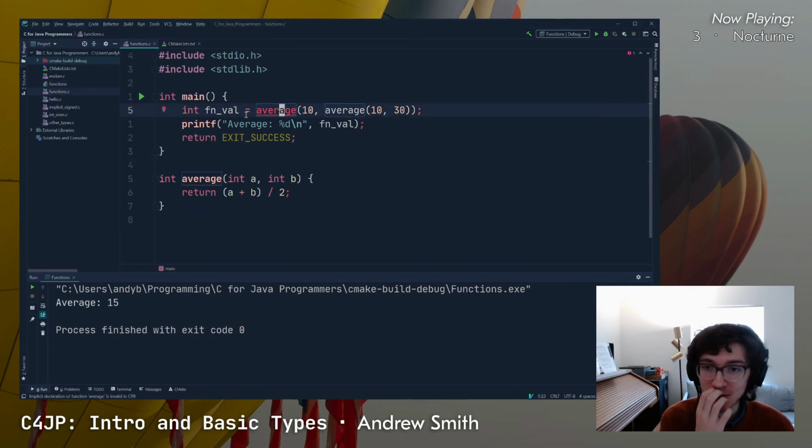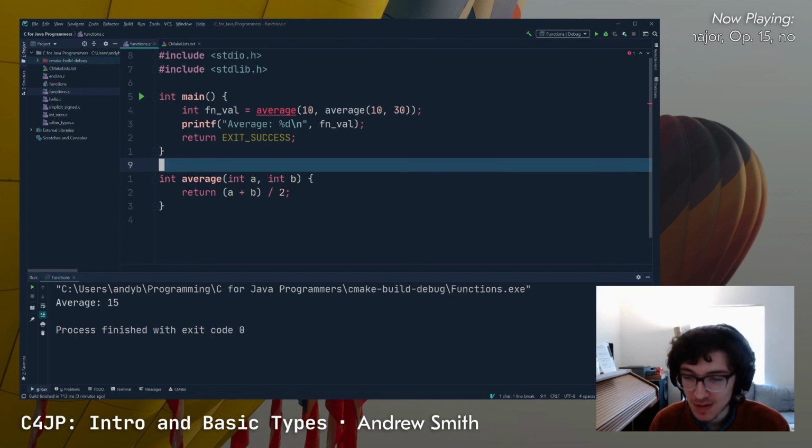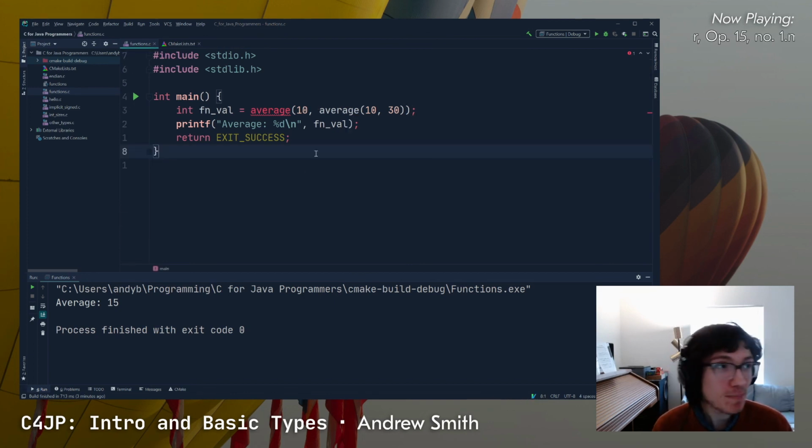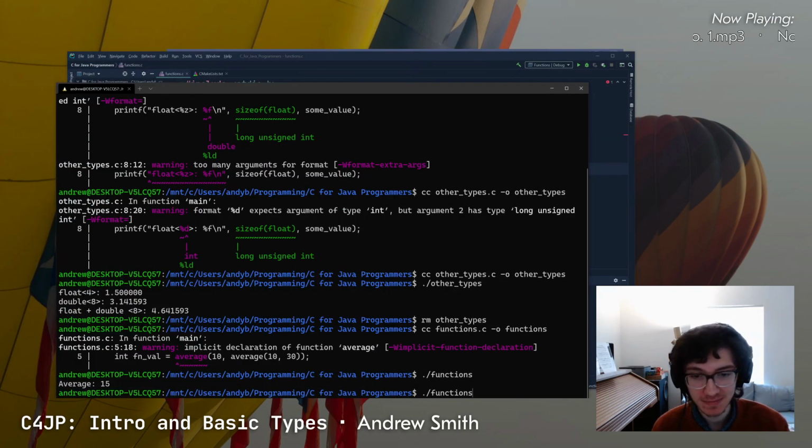it hadn't yet encountered this function. And so it had to wait to get the definition of this function before it could resolve it. This is a big no-no. This can actually cause our programs to not compile. And by the way, just to give you an example of what happens if we try and call a function that doesn't exist in C, just so you know what the compiler warning looks like,